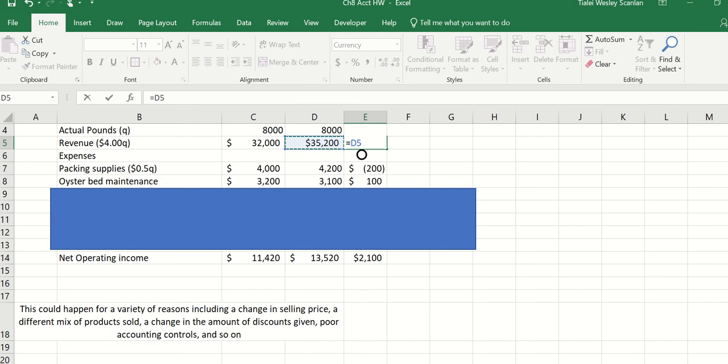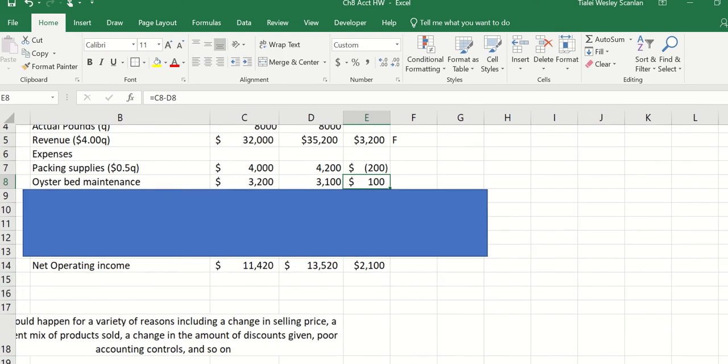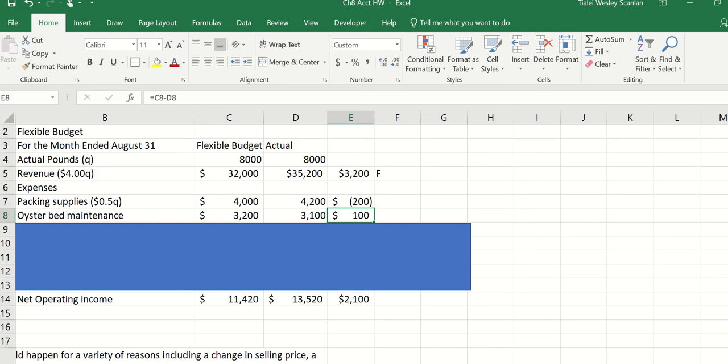So over here, this one minus this one, right? 3,200 would be favorable because I'm making more than I'm expecting to make, right? So this is a favorable thing that I'm making more. Maybe I had more markups over here, right? And then packing supplies, $200,